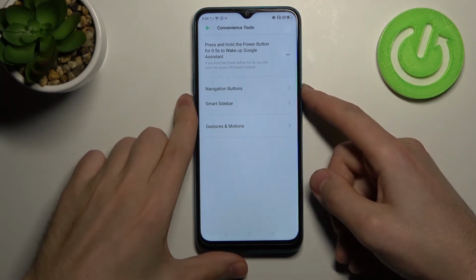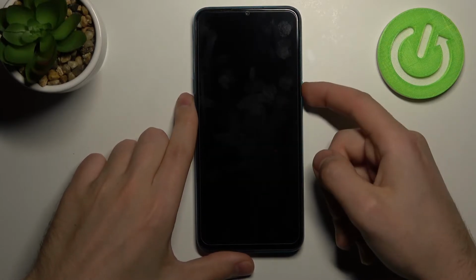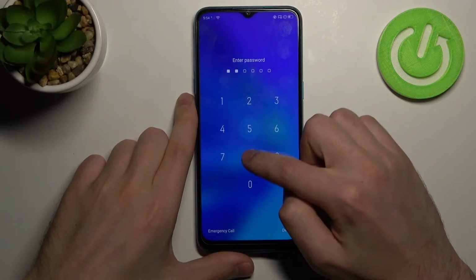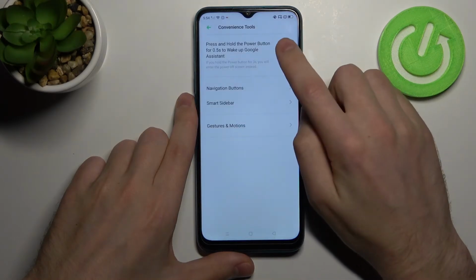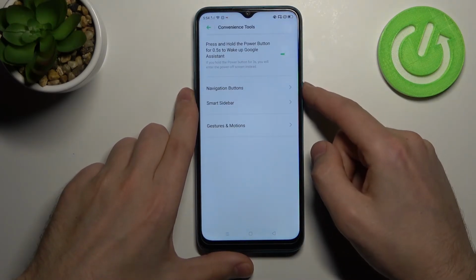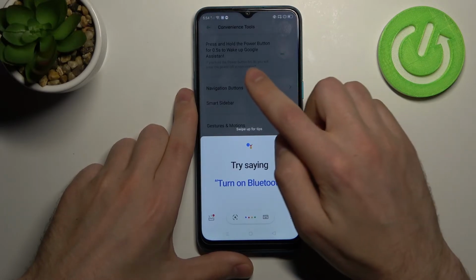Let's try. Press and hold, and nothing opens. When we go in one more time and turn this option on, and now press and hold, Wake Up Google